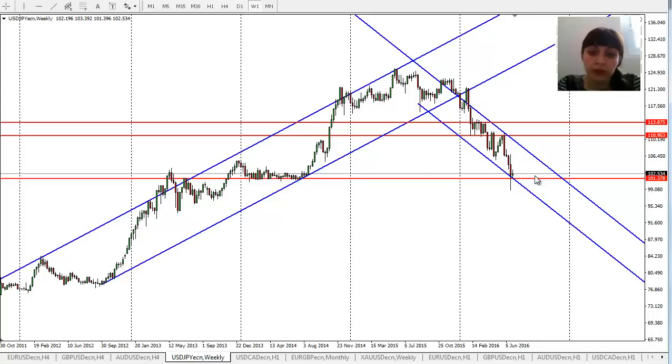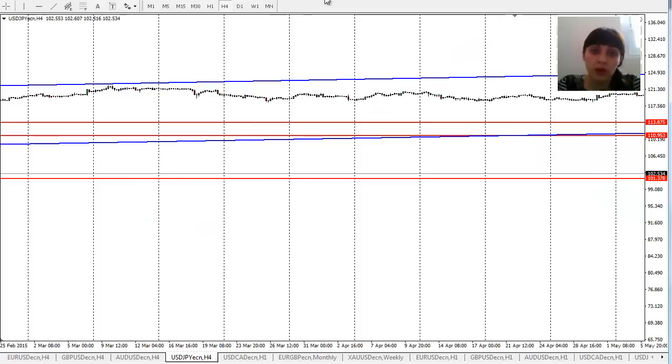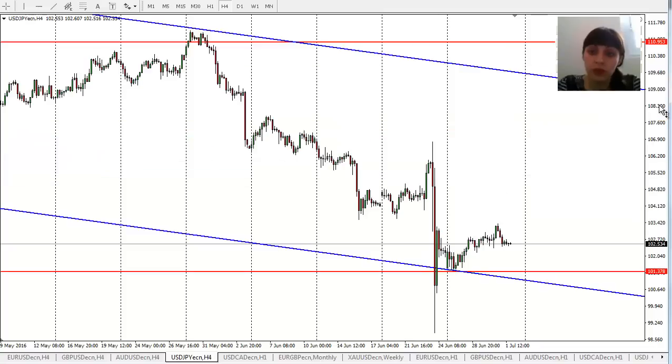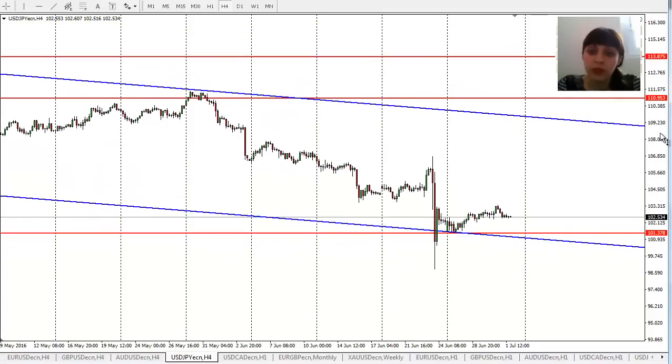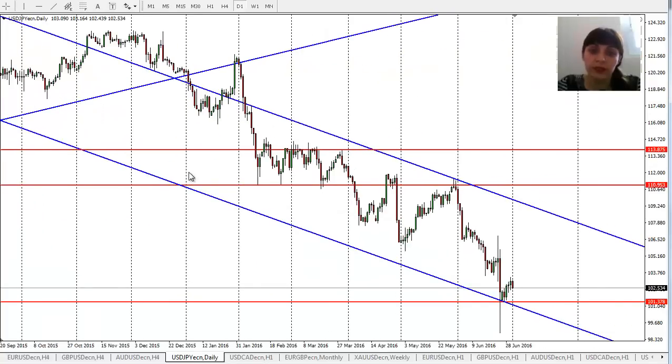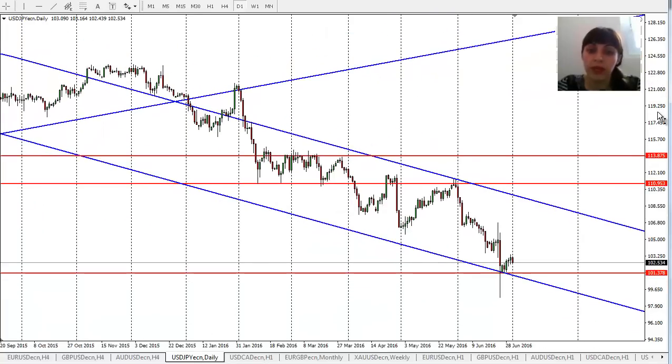On Friday there will be non-farm, and it depends on how much dollar yen will move during the week, to see if it could be a strong news event and show the next movement, the direction where it will go,